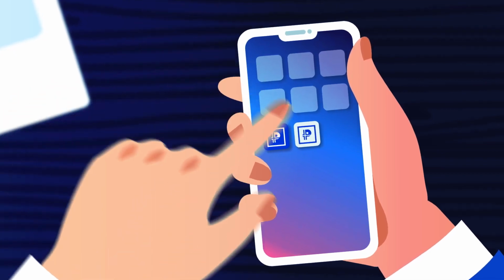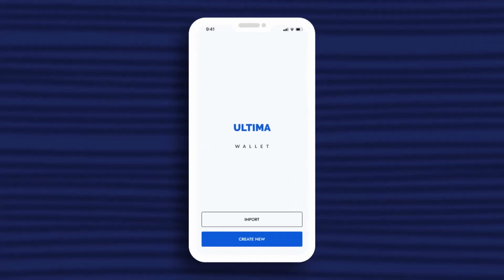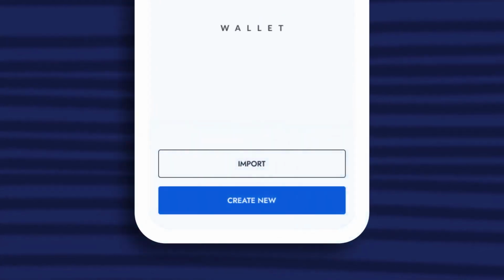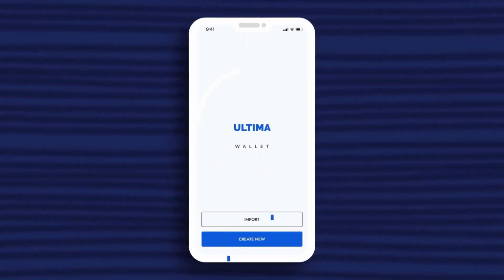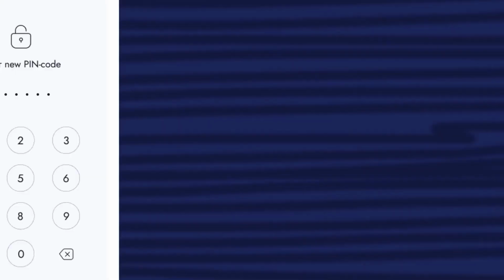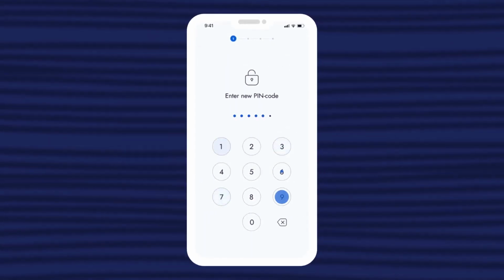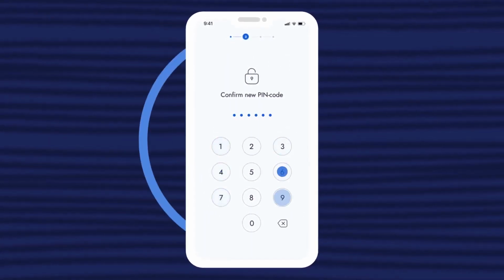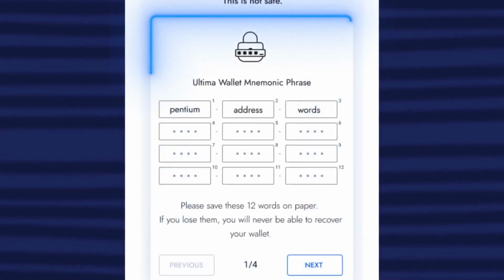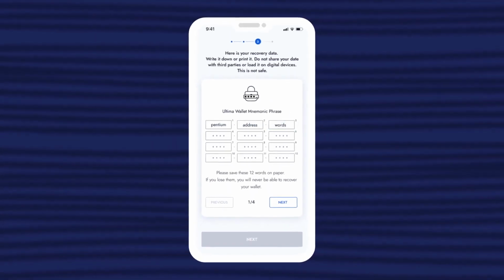Open the app. The first time you launch it, select Create New on the Start screen. This will start the process of creating your wallet. As with many apps, the first thing you'll be asked to do is create and confirm a PIN. Do this. After that, the application will generate your mnemonic phrase, which you can use to restore access to your